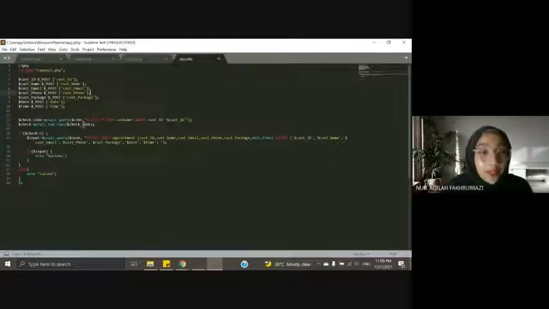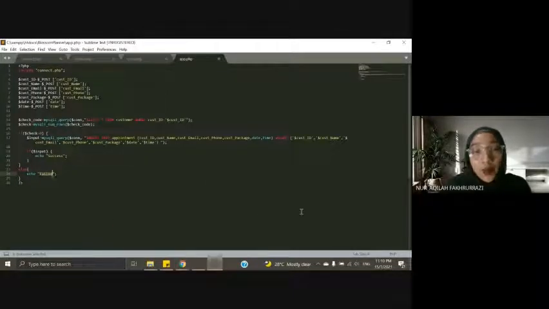So here we are using the appointment table. We're going to check if the customer ID that I use is equal to the customer ID in the database. And then if the appointment details inserted by the user are successful, then this message is going to pop up. And if not, this message is going to pop up, which is failed. I think that's all from the